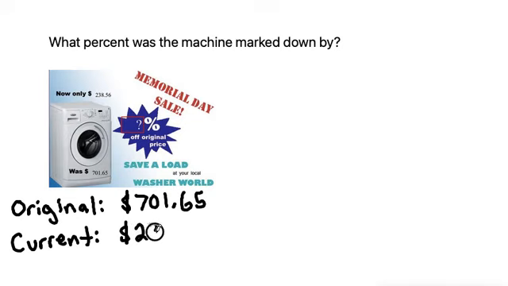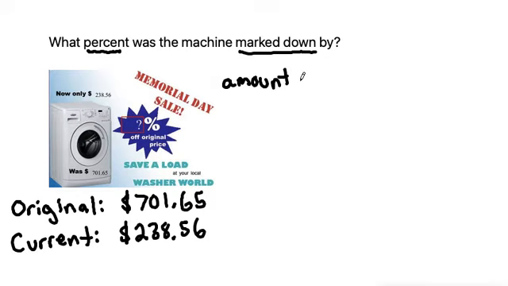is $238.56. So there's always lots of different ways that you could do a problem, but the way that I would start this one is, because we're finding, first of all, you have to be careful in recognizing what the question is asking. The question is asking the percent the machine is marked down. So we first need to find the amount that the machine was marked down. And we can find the amount of the markdown